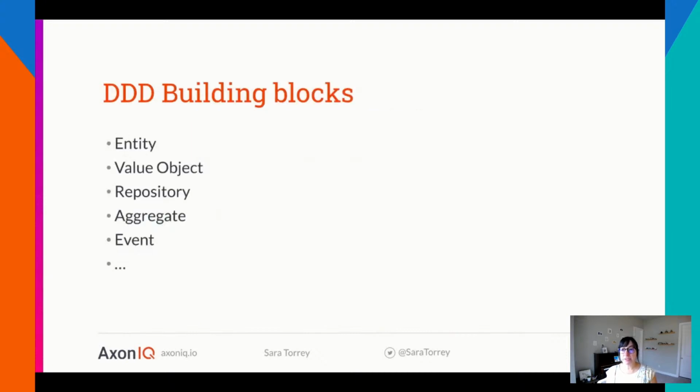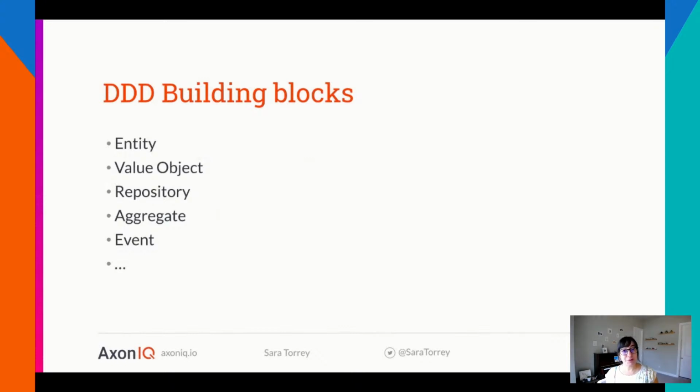So moving forward, we can now look at domain-driven building blocks. Going forward, we can define some of these building blocks from a software perspective. Now, when it comes to actually doing DDD, there are several building blocks which are important, and we will be focusing on some of them, such as entities, value objects, repositories, etc.